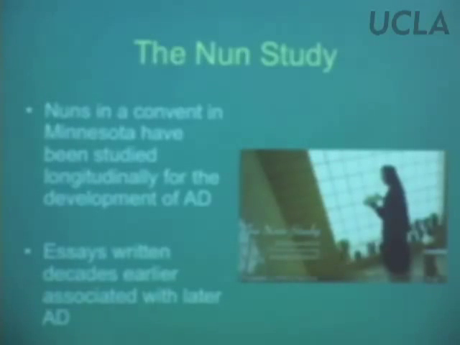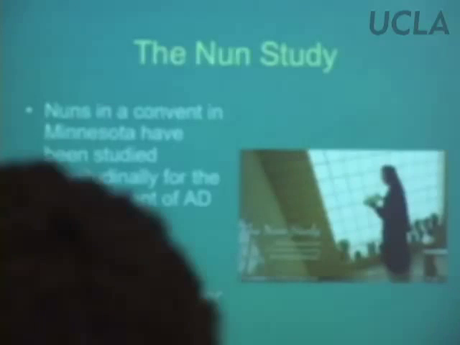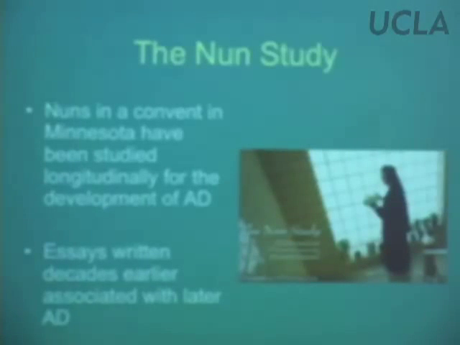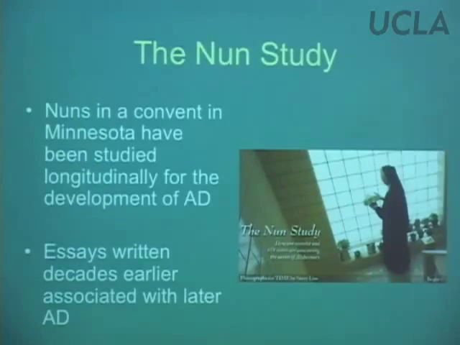Well, in the convent, certainly the level of stimulation was the same, the health care was the same for all these women, the food that they ate, their daily activities were all very similar. But the idea is those women that came in maybe with a higher intellectual level, as measured by the complexity of their essay, seem to, even 50, 60 years later, have a protection against AD. So maybe with education, you are increasing your intellectual abilities, and no matter what kind of job you get or what kind of stimulation you have in your life, that will protect you way down the road, 50, 60 years from now. At least that's the conclusion we can draw from this.